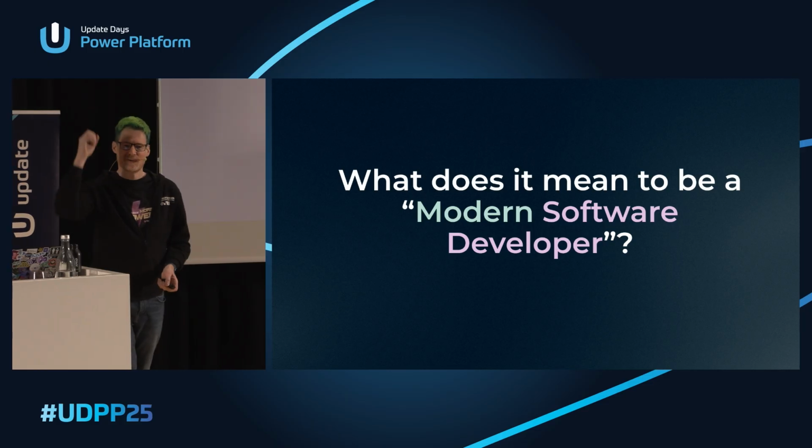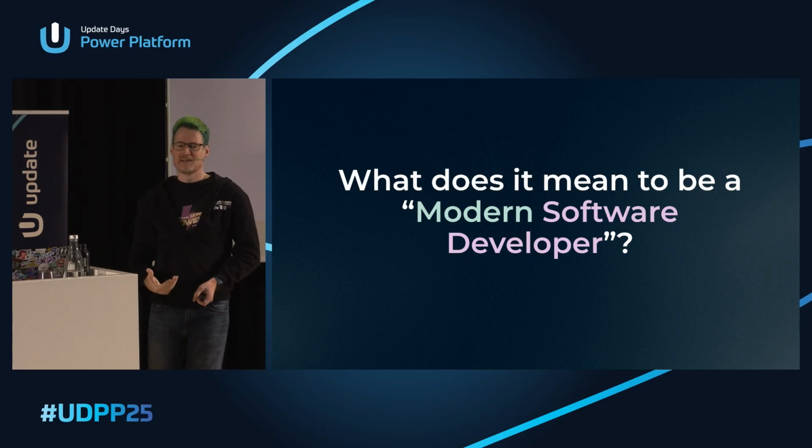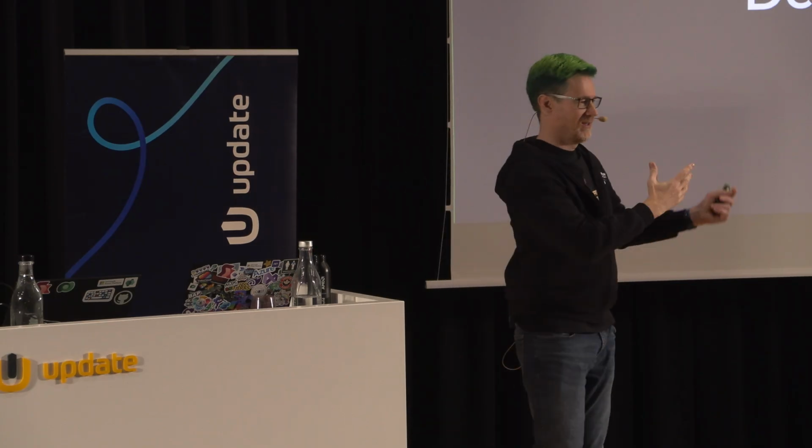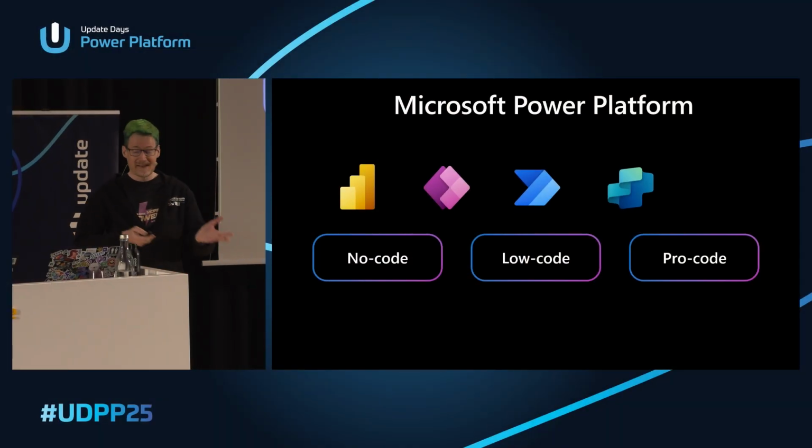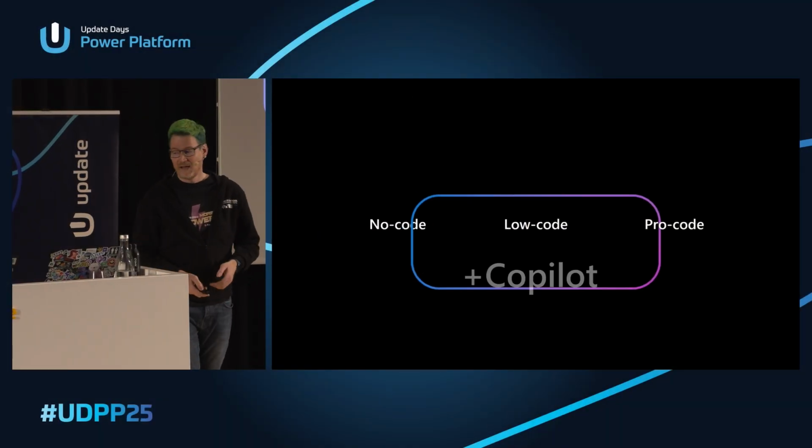I'm a pro dev, it's software development. We don't just throw out decades and decades of software development best practices. Best practices such as, and this is what we're here to talk about, source control and CI/CD. These are software development practices, which means you're going to lower the number of issues that you have in production, trap those issues earlier, and that's why we're talking about it. And of course, the great thing about modern software development is that you can combine low code, no code, pro code, and we can use